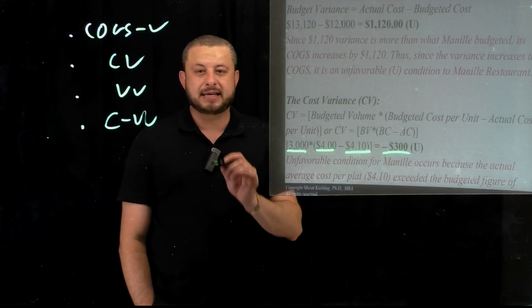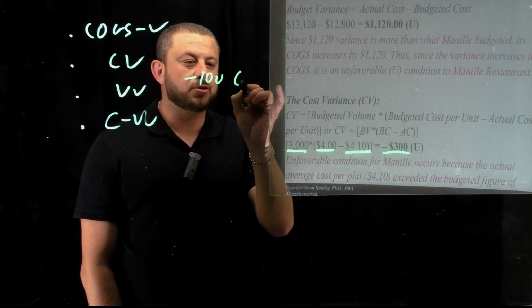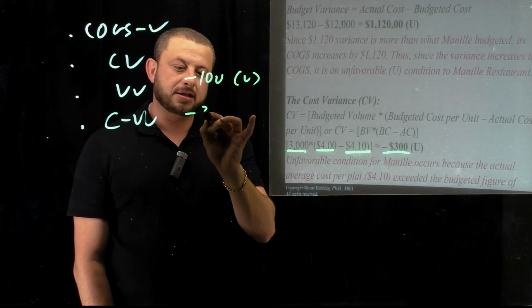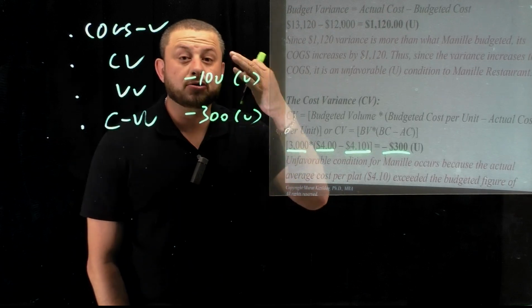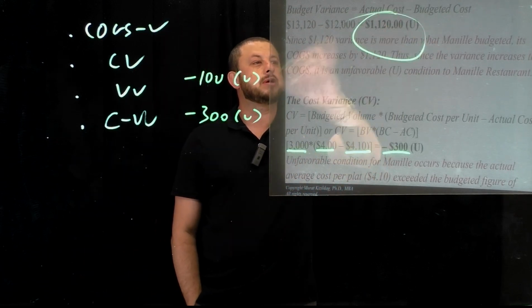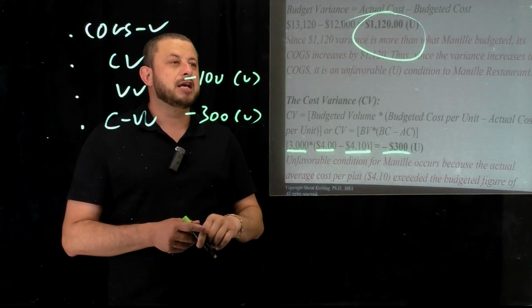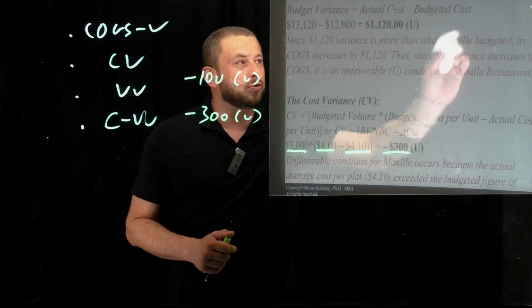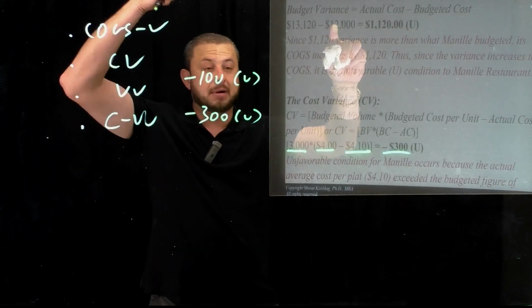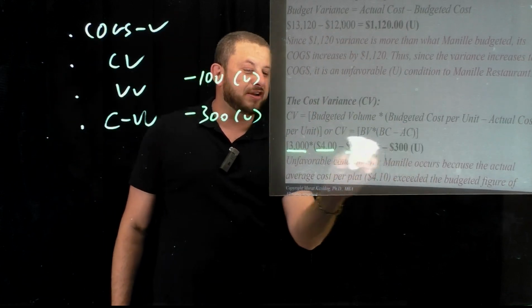It is not always the case that negative 100 will produce unfavorable results, or negative 300 will produce unfavorable results for both revenues and expenses automatically. Why? Take a look over here. That is exactly why you have to discuss and analyze the condition based on the table, and then decide if it's favorable or unfavorable.